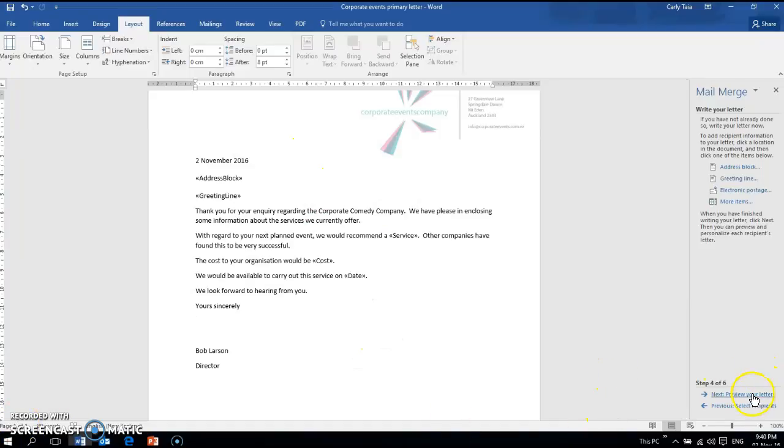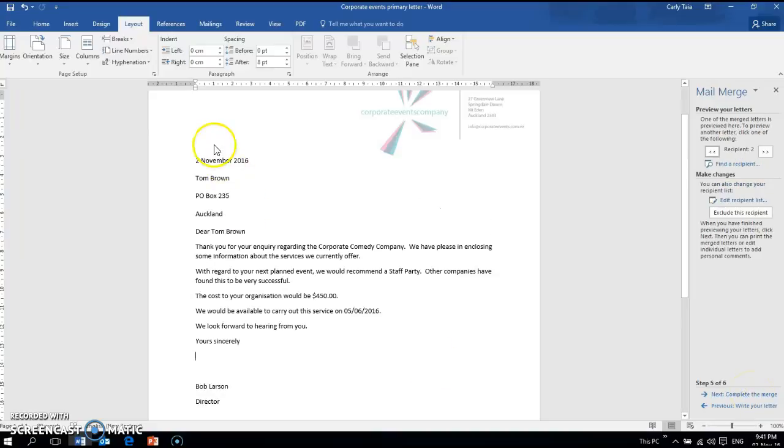Now we need to preview them. So if you click on preview your letters down here, this is what the merged letter looks like. So it just gives you all the information, and if you come up here you can actually flick through them. See how that changes. And you can edit the recipient list here again, and you can actually exclude recipient, meaning this letter here. If I click on that button it won't send this out. And then you just want to complete the merge by clicking here,